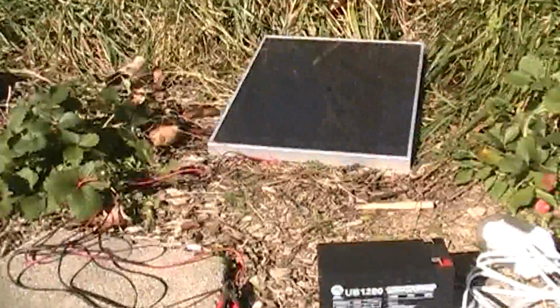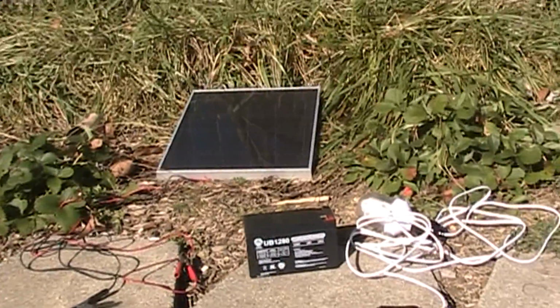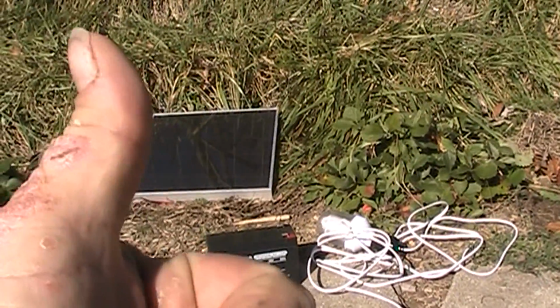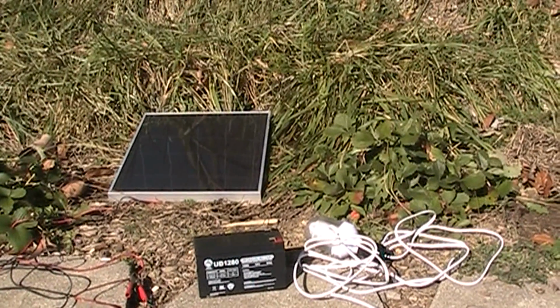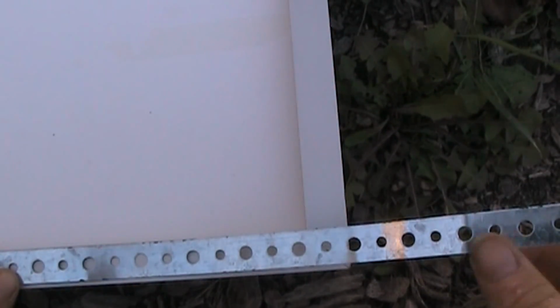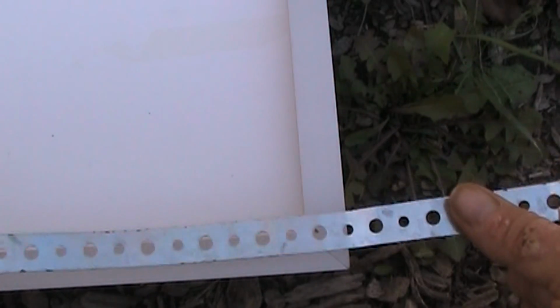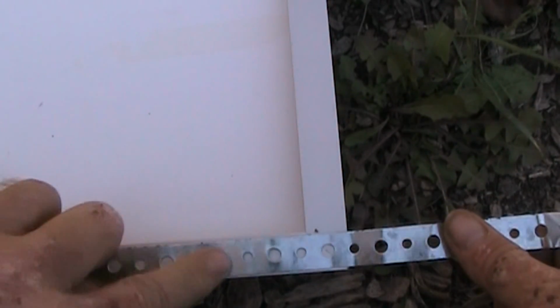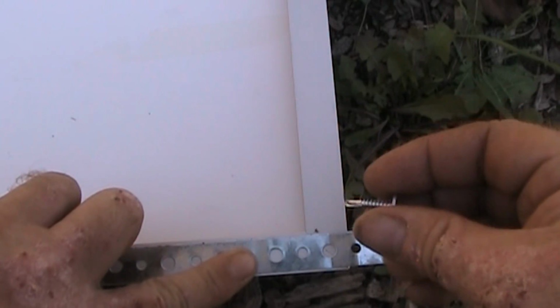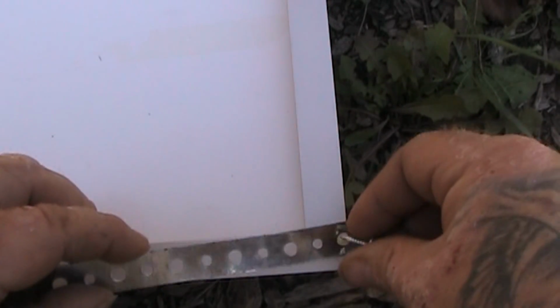Let's get on it. First step is going to be mounting the solar panel onto the chickie house. So let's go get that done. Alrighty, here's what I've decided to do as far as mounting this panel goes. I'm just going to use some of this plumber strap, which I use for lots of different stuff because it's awesome. I'm going to use some of these little short self-tapping screws